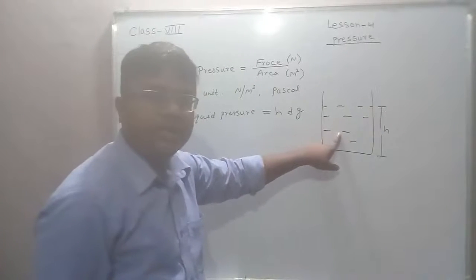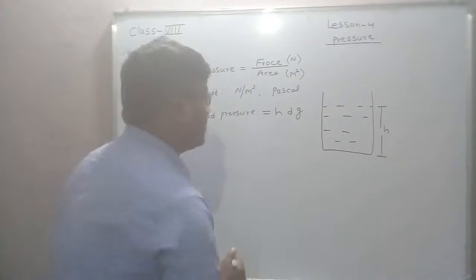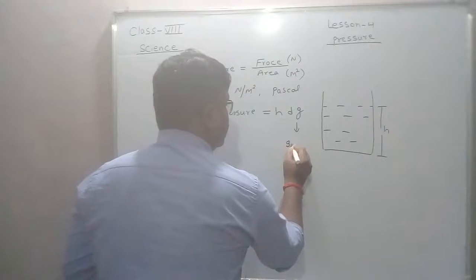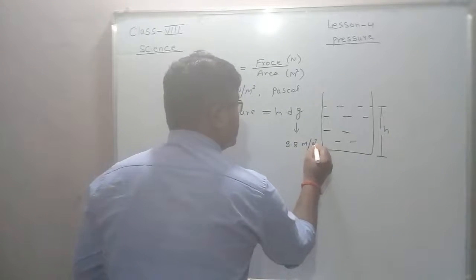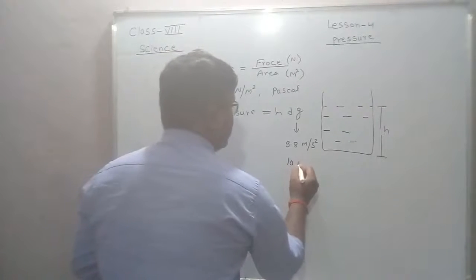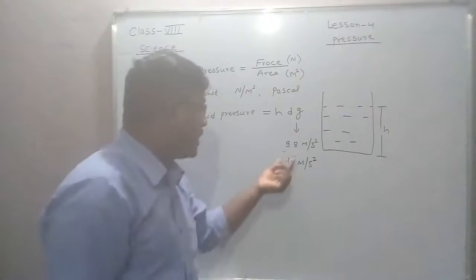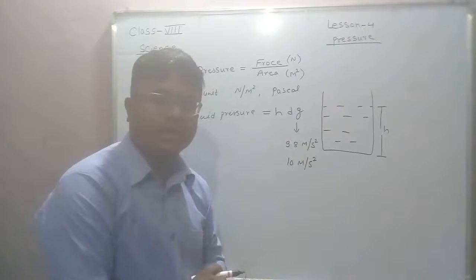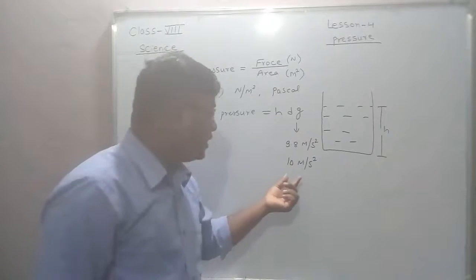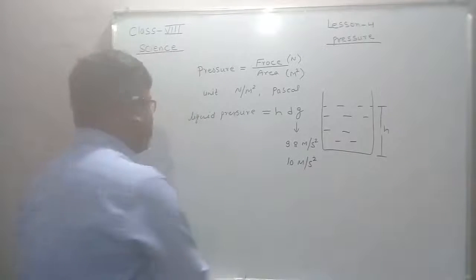G is acceleration due to gravity, and its value is 9.8 meter per square second. For convenience, in some questions we use 10 meter per square second, but the exact value is 9.8 meter per square second. So now let's start